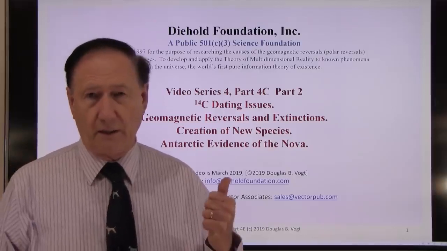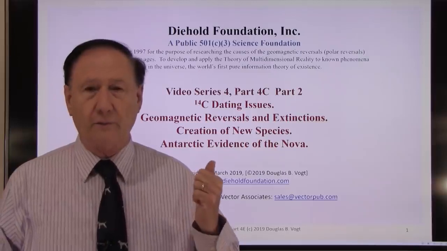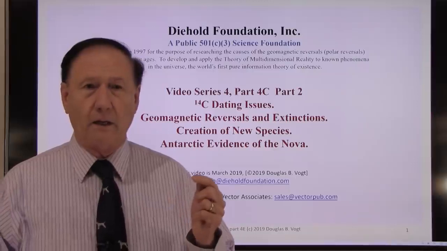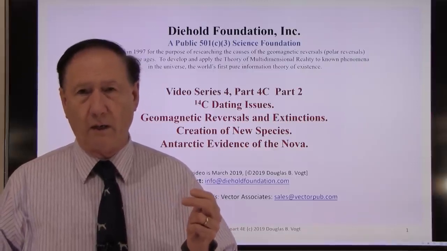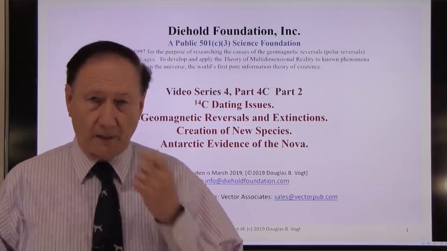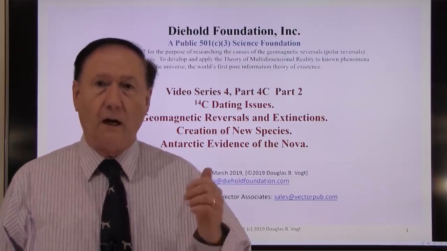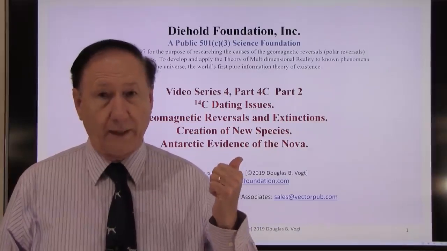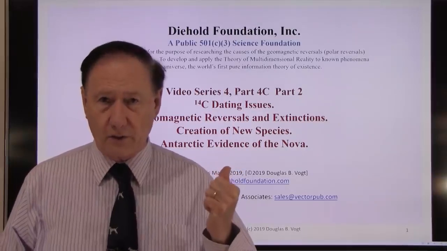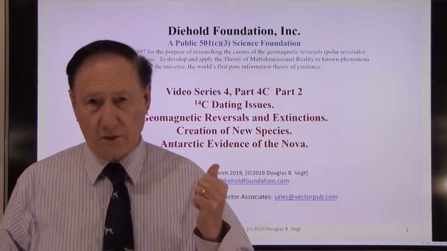If you're just coming to these videos on the Ice Age and polar reversal, you'll probably want to see the first one in Series 4 and go from there in sequence. It also helps if you see Series 1 on the basic theory of multidimensional reality and how I found the clock cycle. Remember, without the philosophy of science, I couldn't have figured any of this stuff out. There's no way. That's why no one else ever figured it out. They had the wrong theory of existence. They had a matter theory of existence. What I've developed is an information theory of existence.